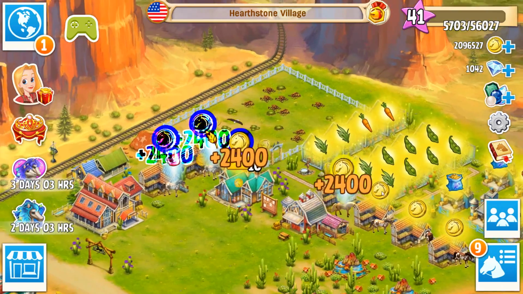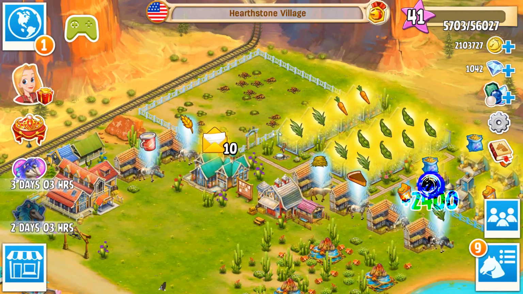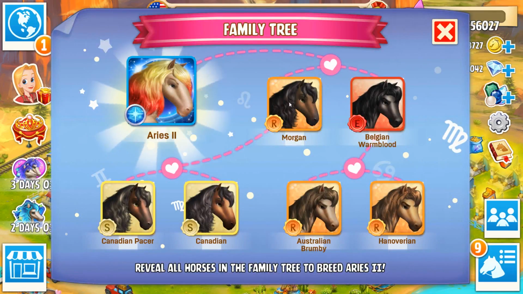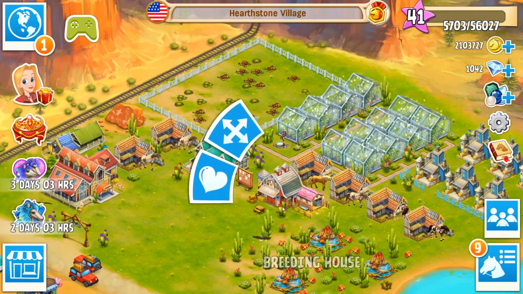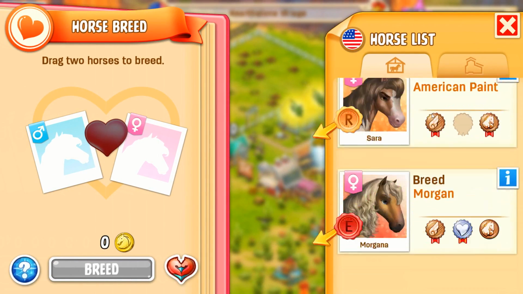There we go. Who did I need to breed again? I hope I have the right horses. Belgian Warmblood and the Morgan. Do I have those horses available to me? I have American Paint, American Paint. Why do I have...